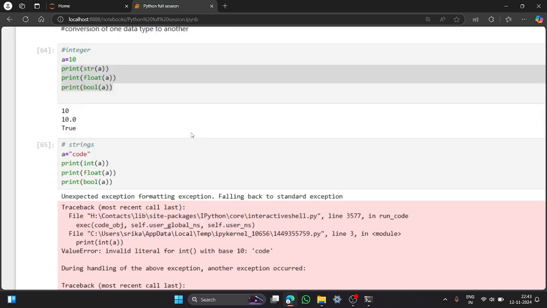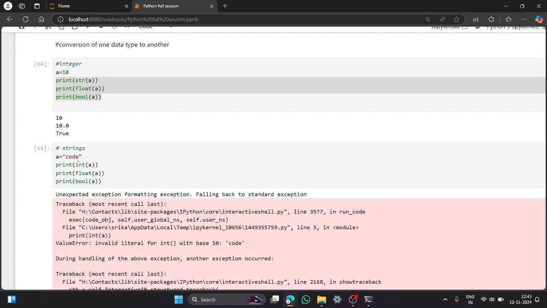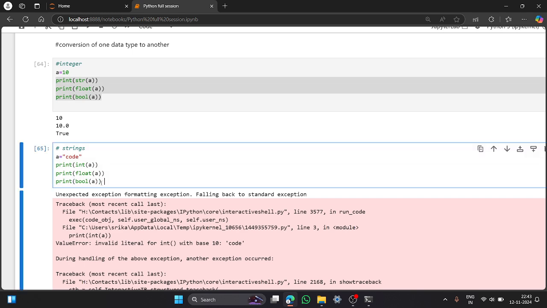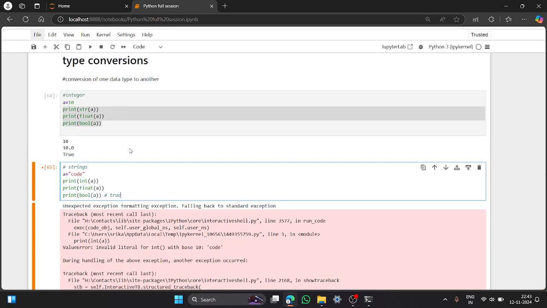See that we are going to have the error because a string cannot convert into the integer as well as a string cannot convert into the float. A string can be a bool. Here the output comes as true. I will explain this. First thing is, as of now we need to know which data type is converted into which data type. Here the string cannot convert into int as well as float. Okay, if you keep both in the form of comments,